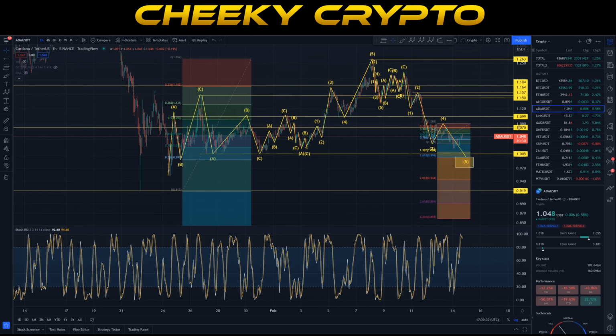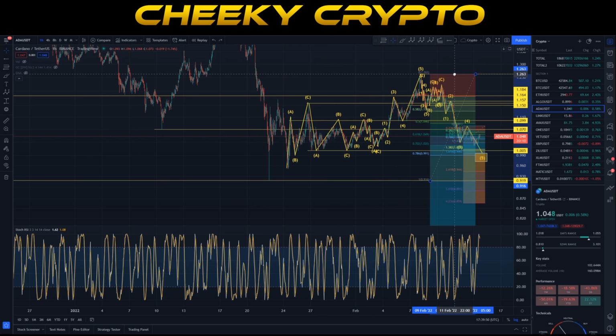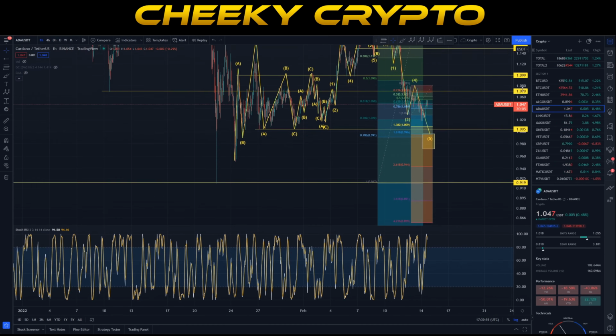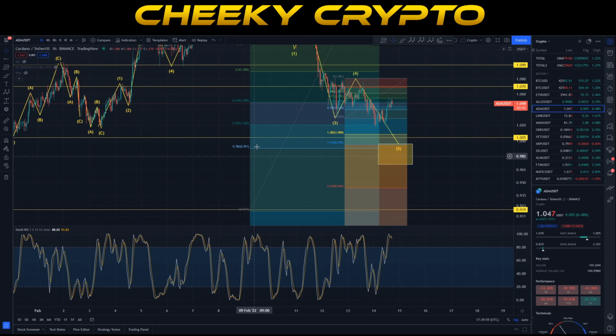The other thing I really wanted to talk about is all of this move, from that lower range just down here, that low that we had at 91 cents, and the push that we had to the upside, this fifth wave high just up here. That particular move, if we were to measure it with a Fibonacci retracement tool just here, and we go ahead and put this where we just are, we can acknowledge that this area of the 1.618 is just above the 786 of that entire retracement.